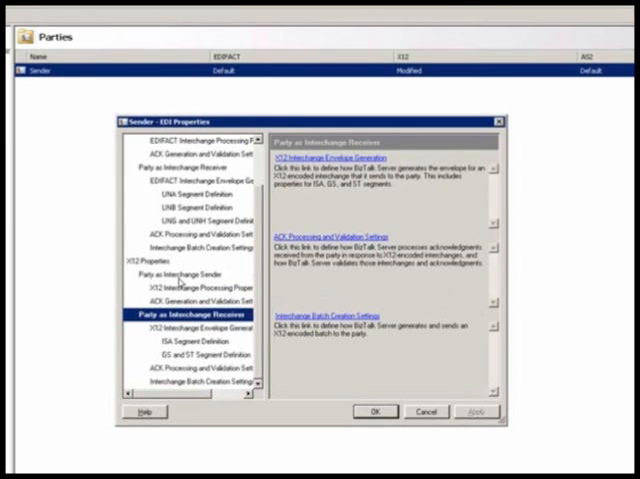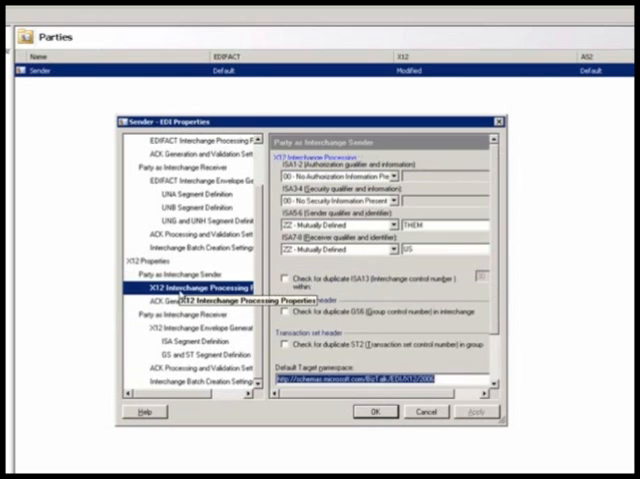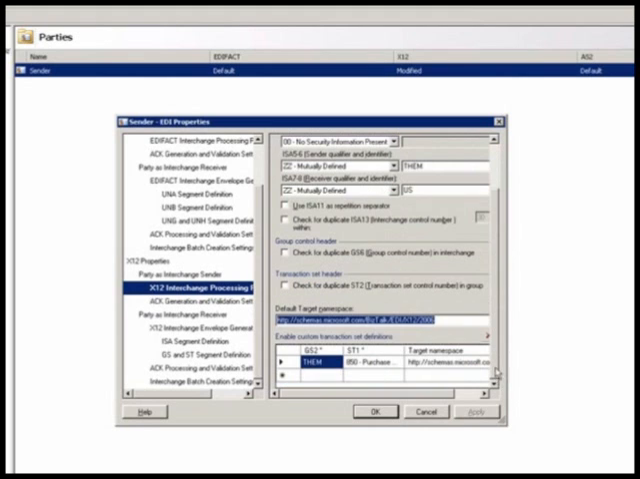If we start with the party's interchange sender, I set up these values here: ISA 5, 6, 7, 8. I set them to them and us because that is what we see in the sample pure.txt message. So when the EDI receive pipeline receives a message, it does the party resolution based on these values. So the EDI receive pipeline matches the values of ISA 5, 6, 7, 8